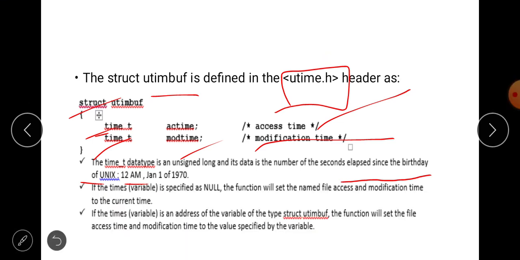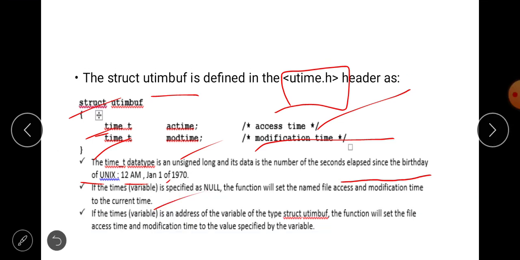If the times variable is specified as NULL, the function will set the named file's access and modification time to the current time.